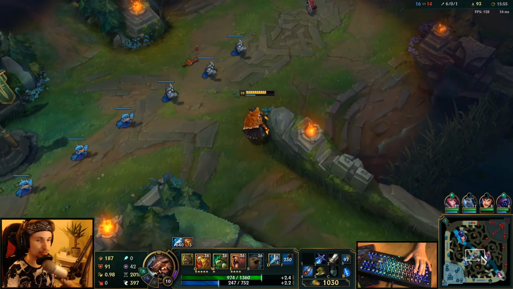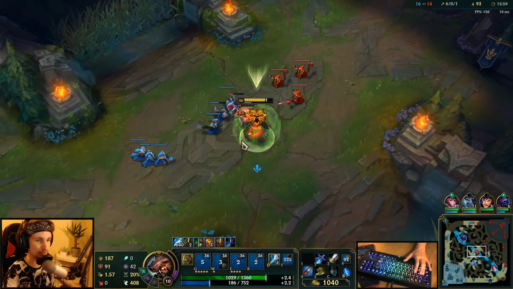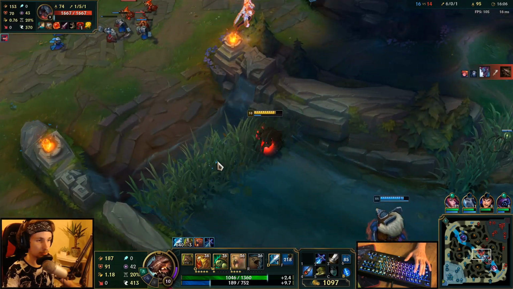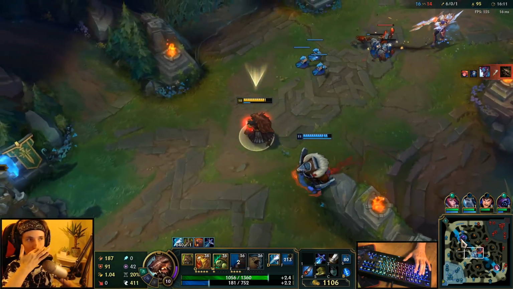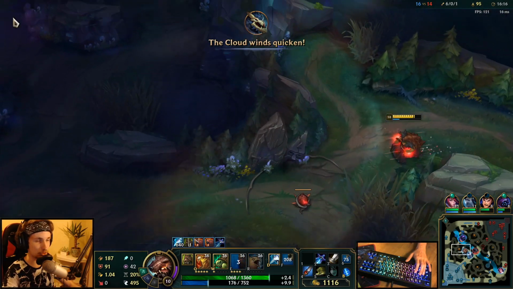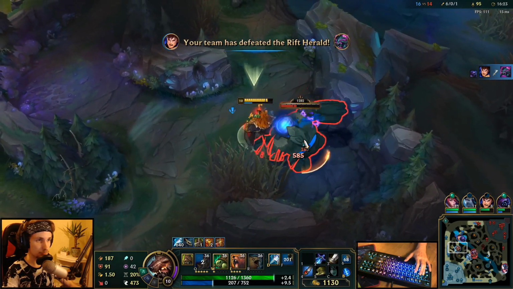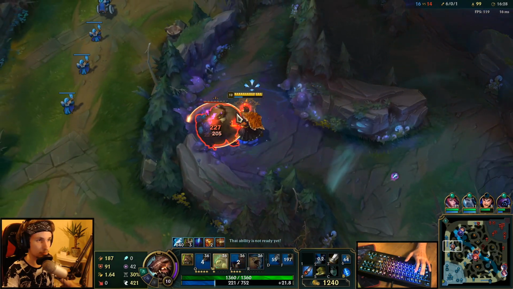I have a bad feeling that we're not going to get this dragon because my team is just not grouping up for it. Okay, let's go. Nah, we're not going to take that. My team did not exactly group up for the dragon. Instead, they went for the herald, which honestly is a really bad choice. But no problem. We still had the Inferno dragon before, so...